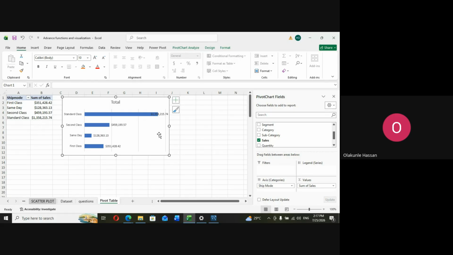So let's say the total here is 459,000. Let's say I have another total that is 460,000. You notice that the bars will be very close. So that is what I mean by that. So now I can just rename my header as revenue by